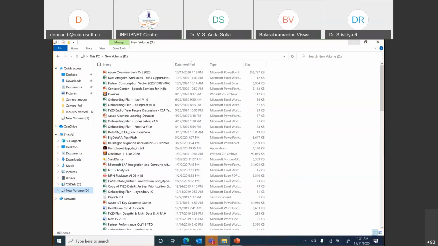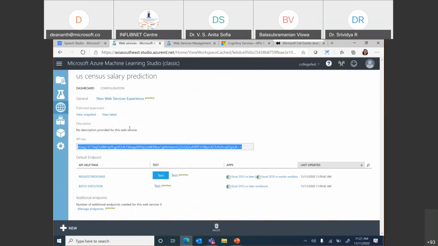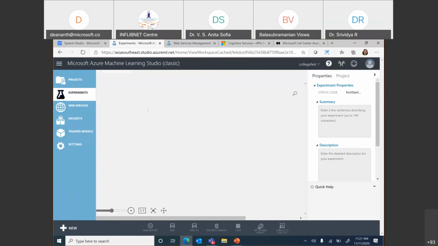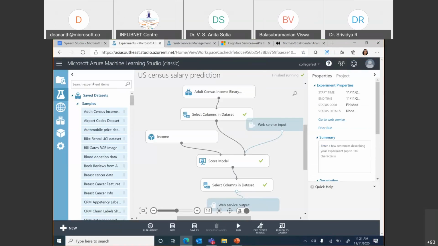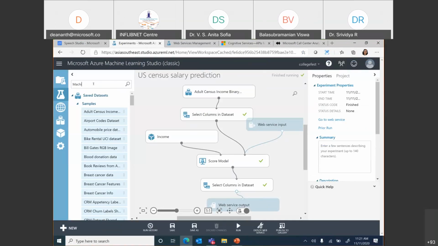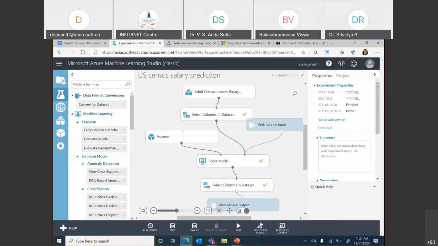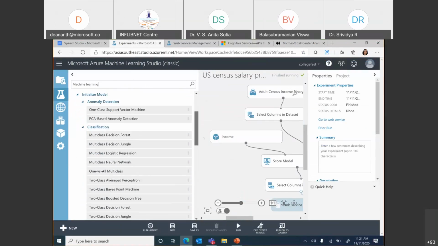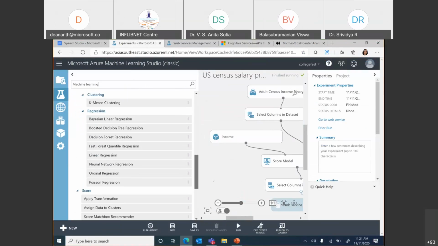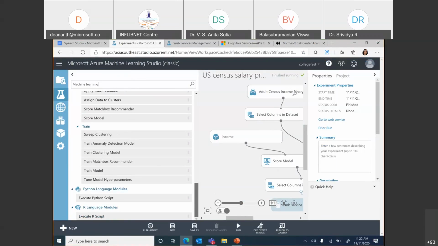Oh God. Okay, this was the web service. If I go back to the experiment and look at this experiment, which we kind of did in a hurry, okay, here are the classification algorithms. Okay, and then we had some regression algorithms and clustering algorithms. So for the rest, if it is not there, you should use a Python or a script. But we have got a lot of cognitive APIs.